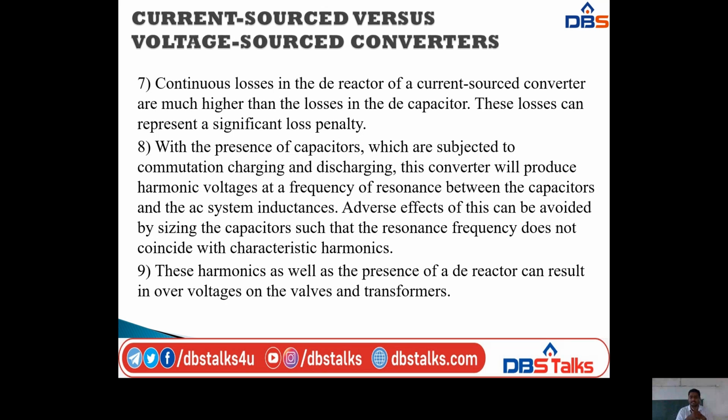With the presence of capacitors which are subjected to commutation charging and discharging, this converter will produce harmonic voltages at a frequency of resonance between the capacitors and the AC system inductance. The adverse effects of this can be avoided by sizing the capacitors such that the resonance frequency does not coincide with the characteristic harmonics. These harmonics as well as the presence of the DC reactor can result in lower voltages on the valves and transformers. Valves are nothing but the diodes or